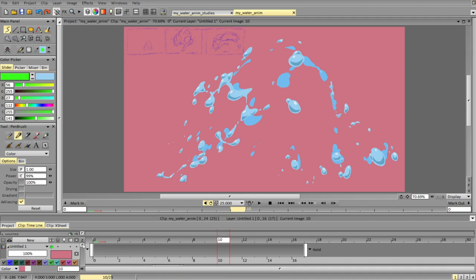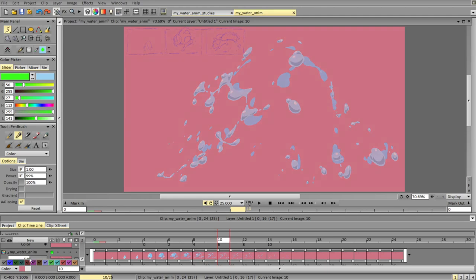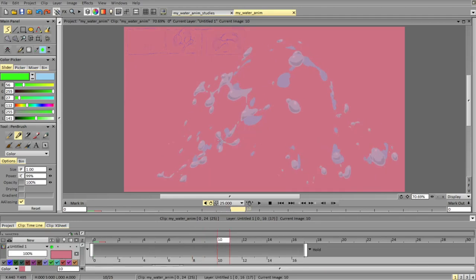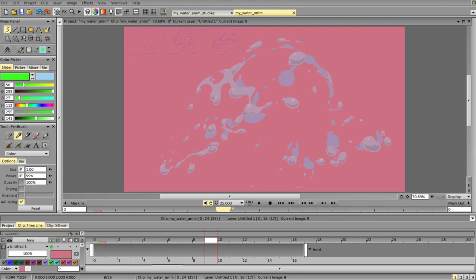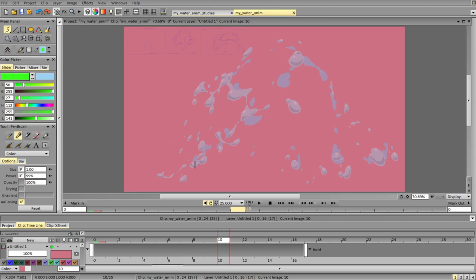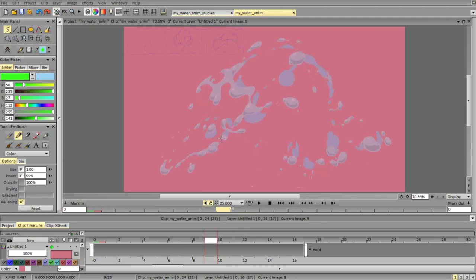We can emphasize the direction here a bit better. So it's going here in this direction, so we can exaggerate these particles in the direction that they're going and make sure that we maintain the direction.